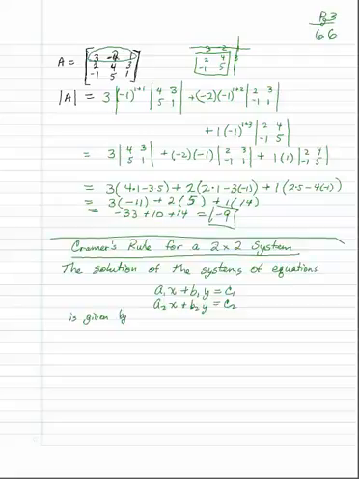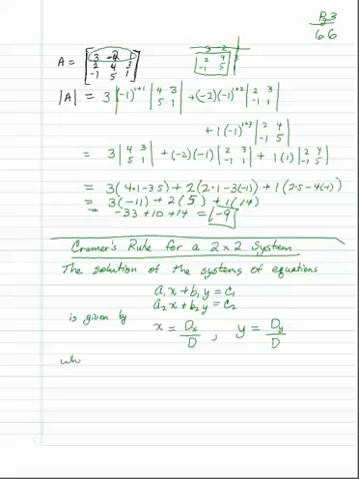Okay, so Cramer's rule for a 2 by 2 system. The solution of the system of equations a sub 1 x plus b sub 1 y equals c sub 1. That's the first equation, and notice the subscripts are for the equation. Equation 1, a sub 1. Equation 2, a sub 2 x plus b sub 2 y equals c sub 2. The solution of that is given by: x is going to be equal to D sub x divided by D, and y is going to be equal to D sub y over D,